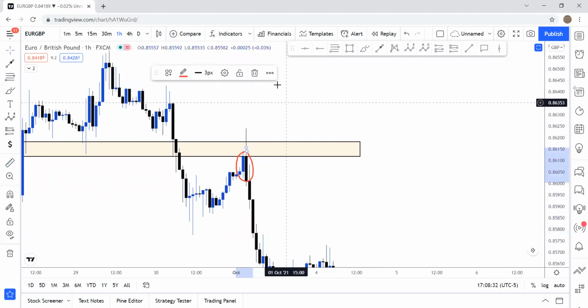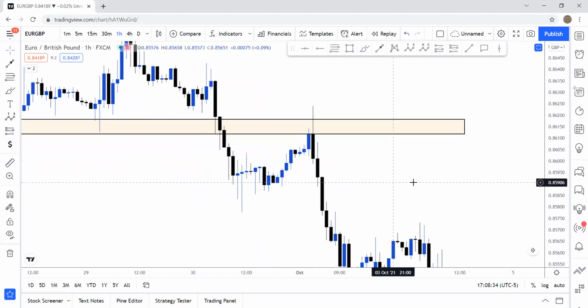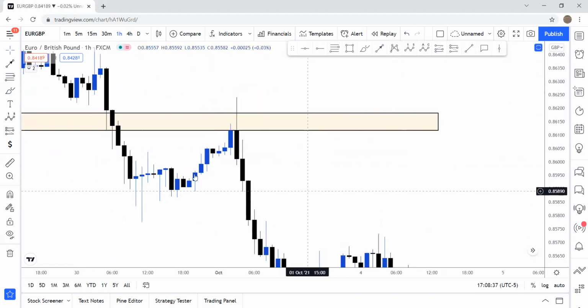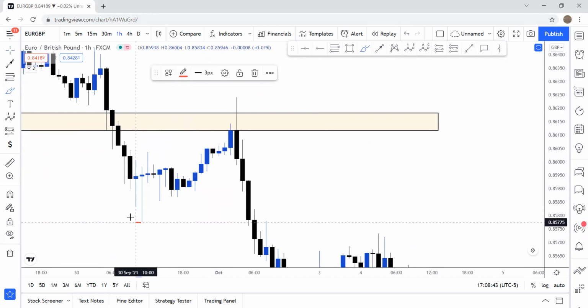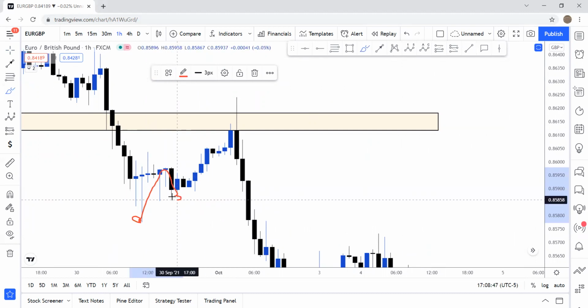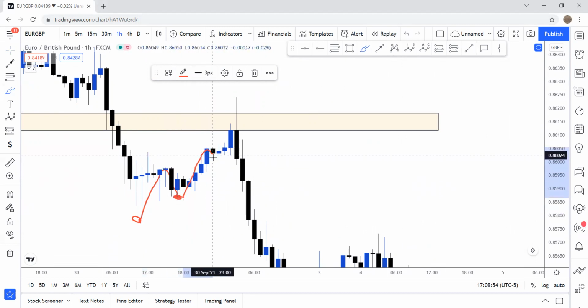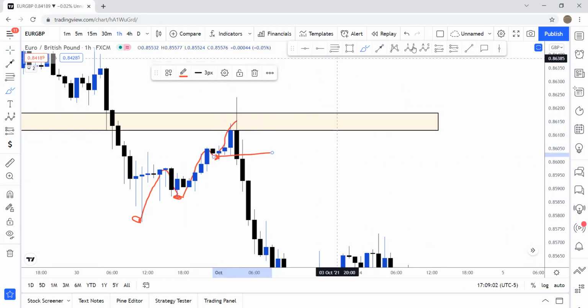Now, where do I incorporate structure into this? As we look at this chart, guys, we're on the 1 hour time frame, but we're going to a small time frame so you can see a little more clearly. As we look at the chart, you start to see this was a very low point. Price pushed up, and then it gave us another low point right here. When we look at the sell candle, which is the black candle, price came here and then it pushed down here again, another low point, and then price pushed up. So as we can see, if we were to draw a support resistance line,